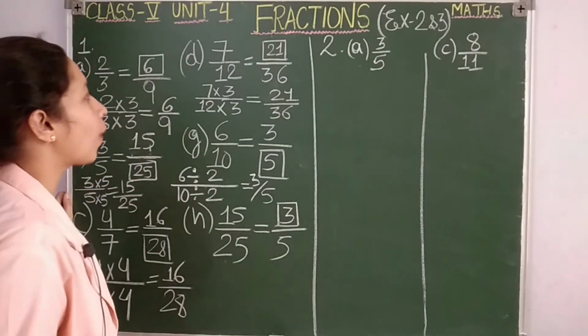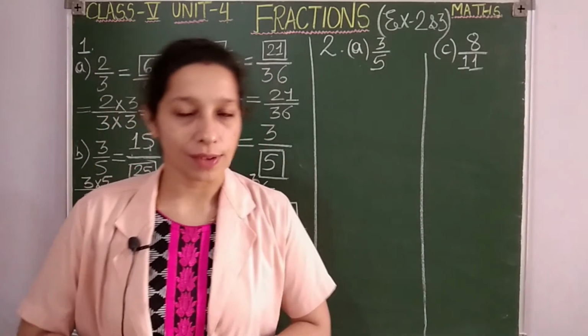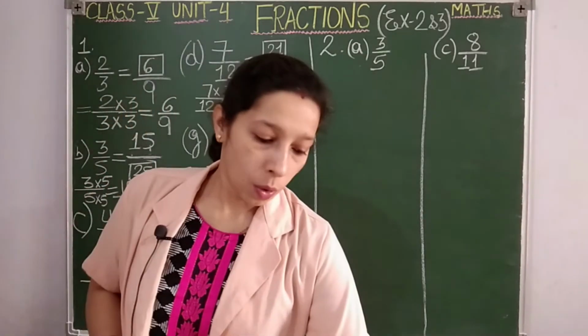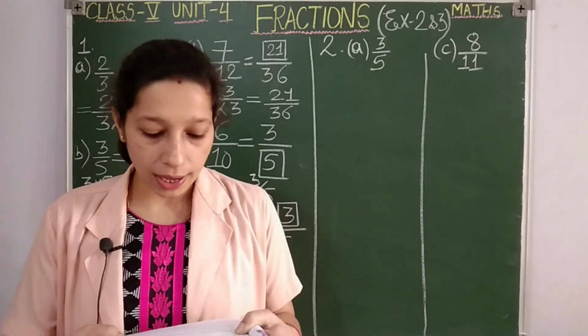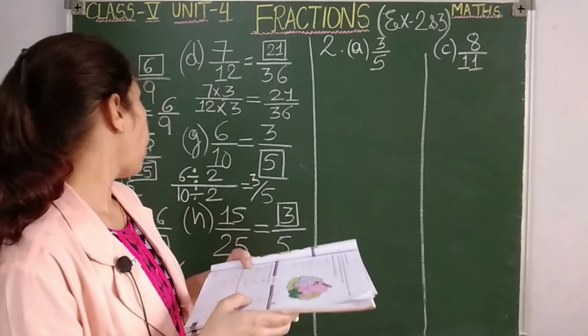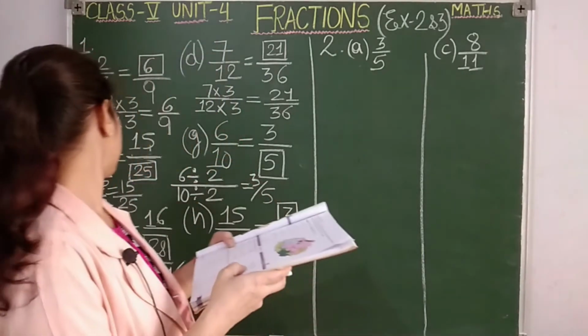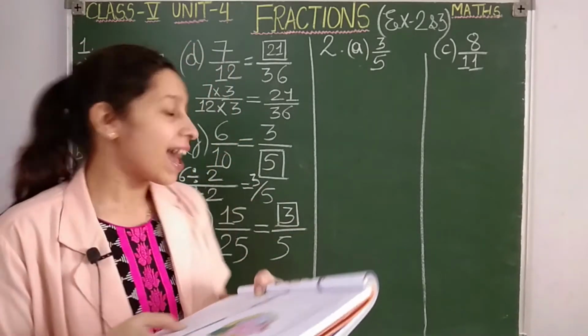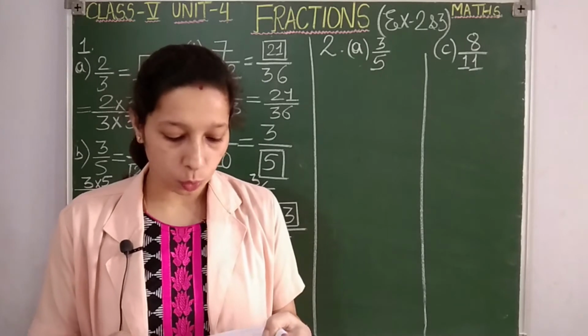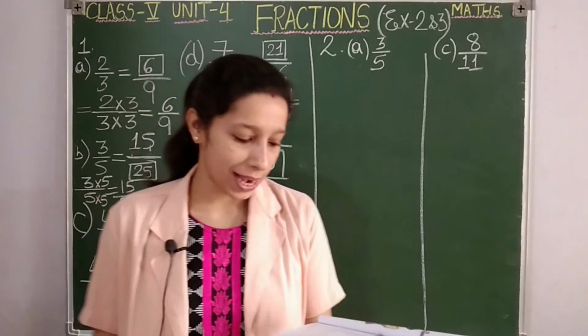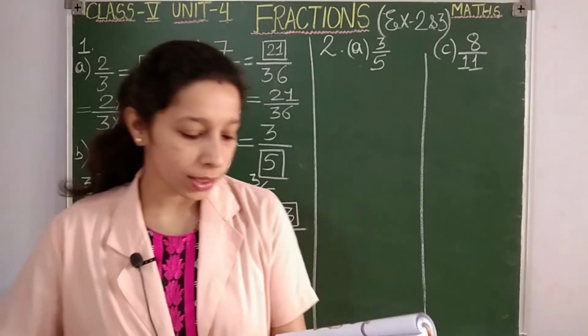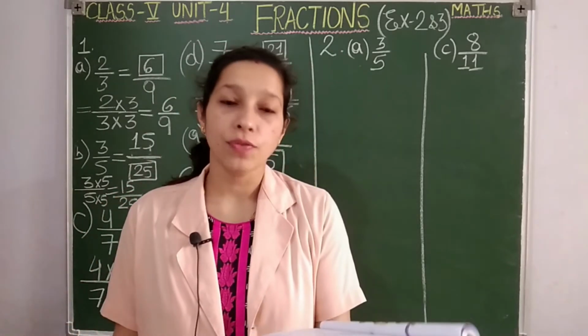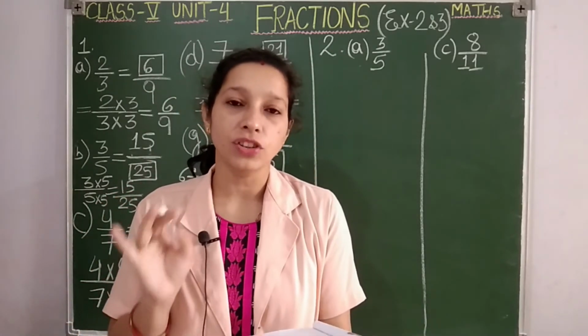So when I divide 15 by 5, I will get 3 upon 5. So this is your question number 1 where we have found the equivalent fractions. Clear, students? Okay, now here point number C and point number E, C I have told. Then point number E and point number F will be your homework, students. You are going to do that, and the other questions you can simply practice. Let us see question number 2, students. Write equivalent fractions for the following. In brackets it is mentioned first 5.